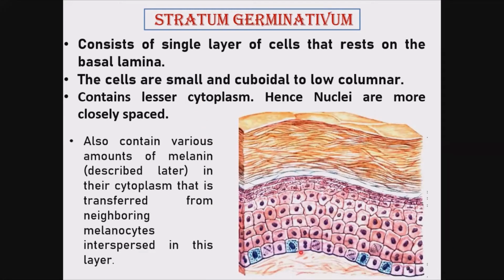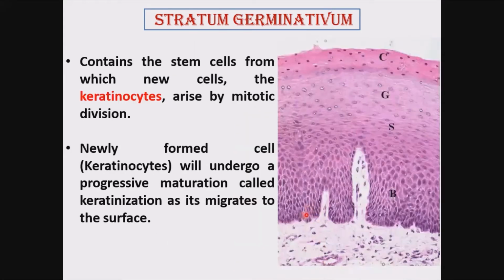This is another picture of the same thing, a line diagram. We have the cells dividing and redividing. We can see the division going on here. So they are stem cells, and these basal cells give rise to other cells. The cells arising after mitosis are called keratinocytes. Keratinocytes are the cells of the epidermis which are present in other cell layers, but the cells of the basal layer can also be called basal keratinocytes.